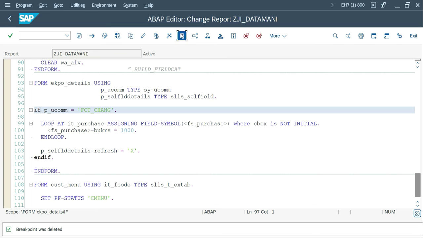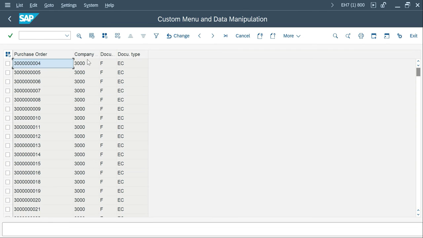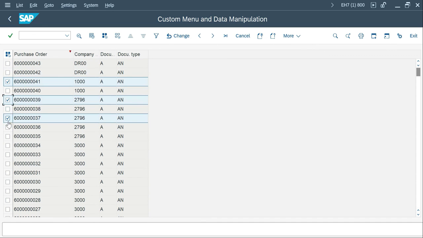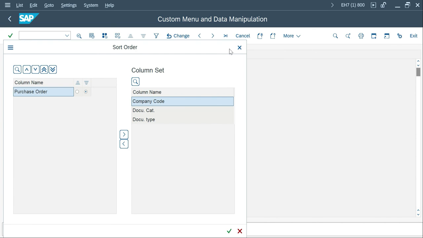Take out the breakpoint, execute. So I want to select and descending. It worked, even though it's a custom. These are actually custom menu painter menus, right? But still the selections, select all, deselect all, standard functionalities are still working, because we are not changing the standard function code of this button. Okay. And if they select and click something else, it won't work for the change. So if I say this button, yeah, it's just, I'm sorry,